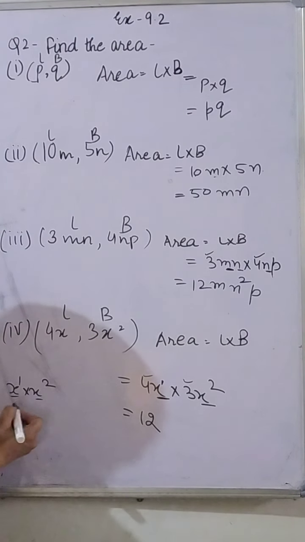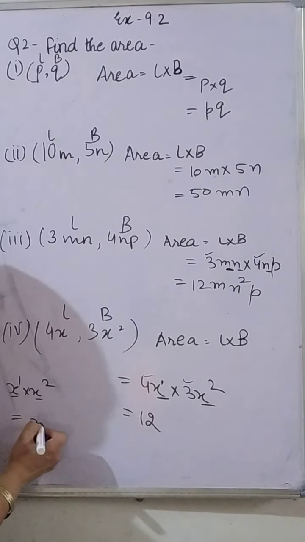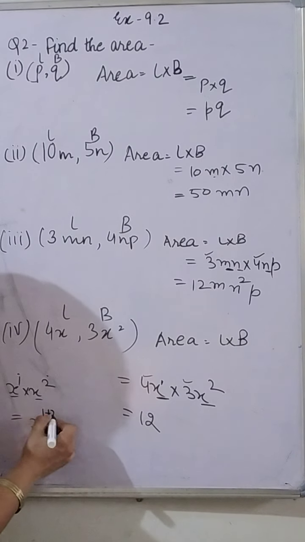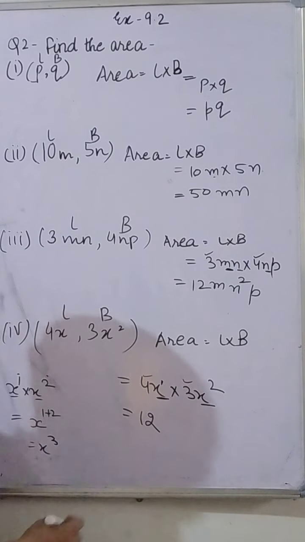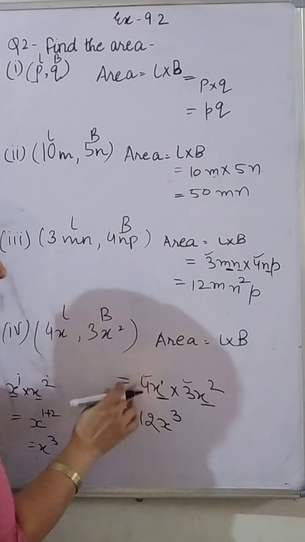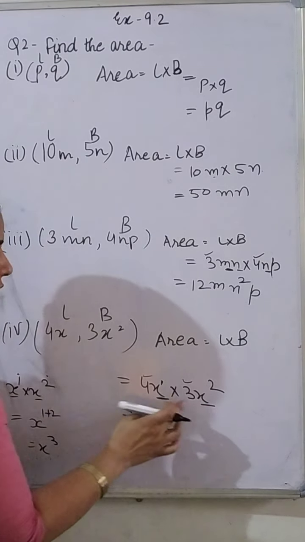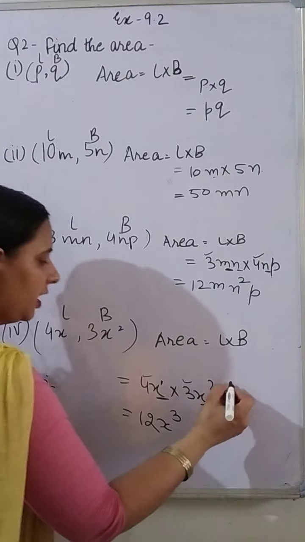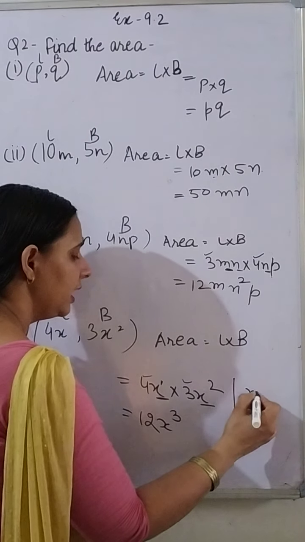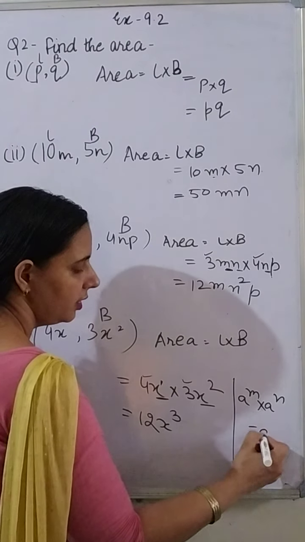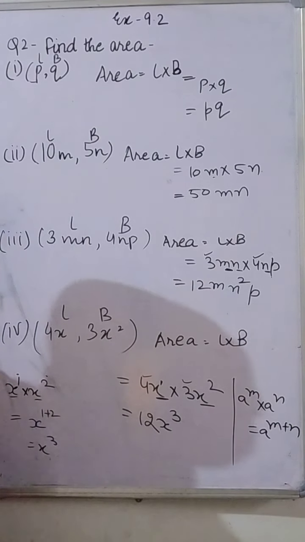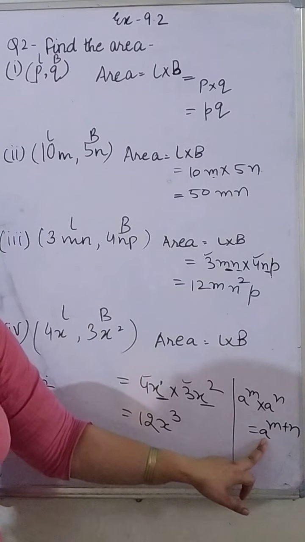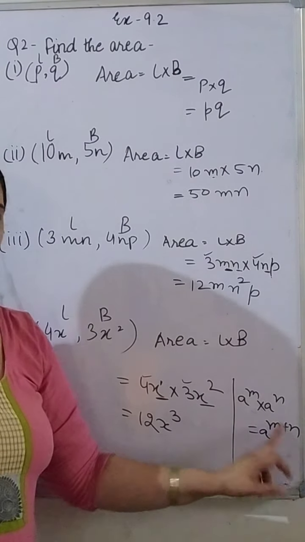So if we multiply two terms with the same base, using laws of exponent, the base remains the same and we add the powers. 1 plus 2, that is x raised to power 3. Here x 1 time and this x 2 times, so x is multiplied by itself 3 times. So we write x cube. Here we are using laws of exponent: a raised to power m into a raised to power n is a raised to power m plus n. While we multiply two or more terms with the same base, the base is the same and powers are added.